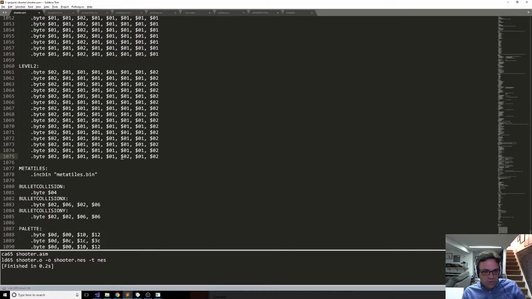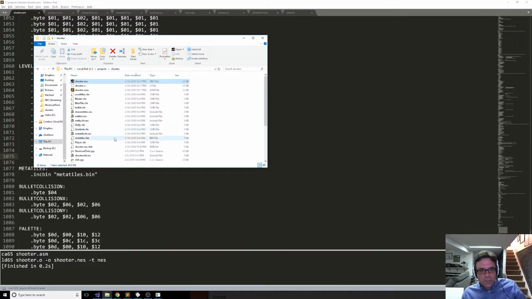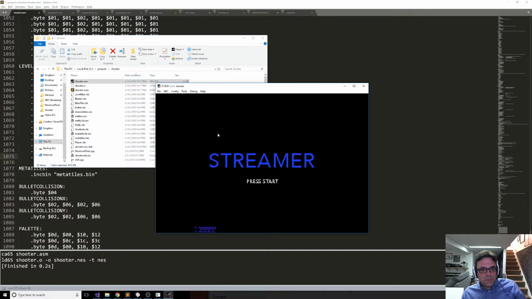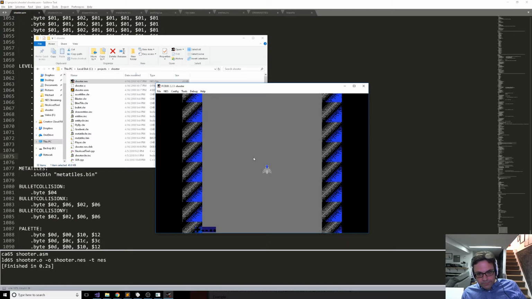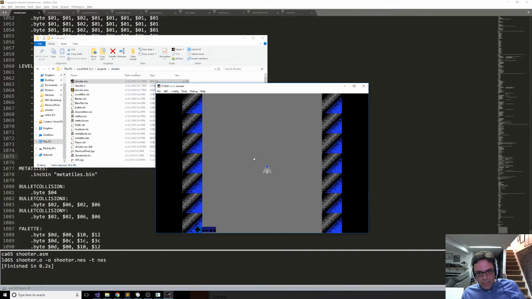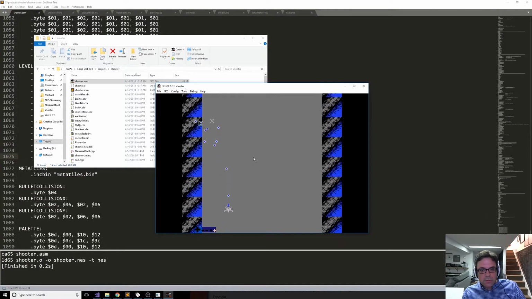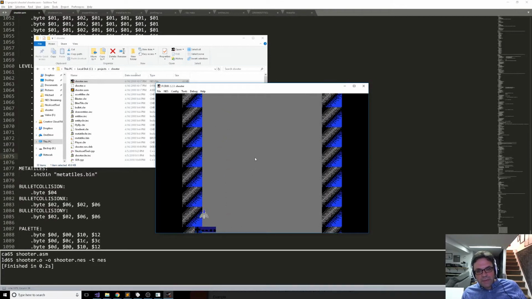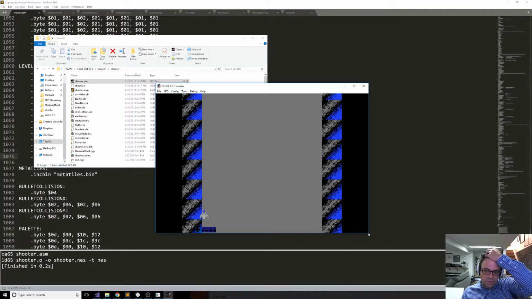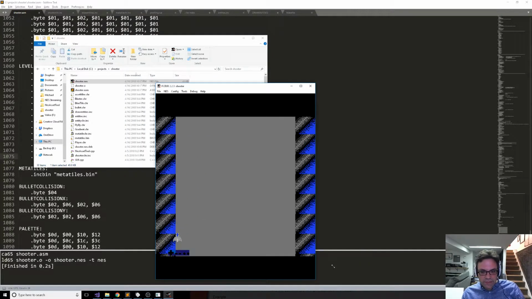I'm just changing this level so that it actually looks like it has a border on it. So, hey, it's like we're almost flying down a corridor like in a real shooter. So one of the things we'll have to do is implement, we can try that, we can see, and that's probably going to fail miserably, but we can try